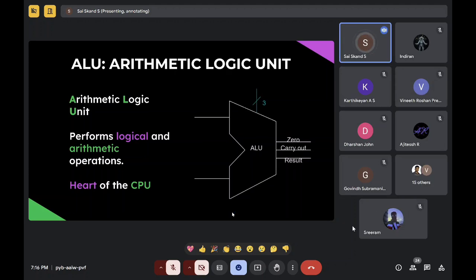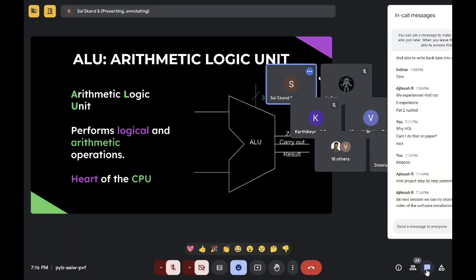One question I wanted to ask you: do you want me to type it out line by line, or I have the code ready? Do you want me to show it from the beginning itself? Yes, suggestion please.